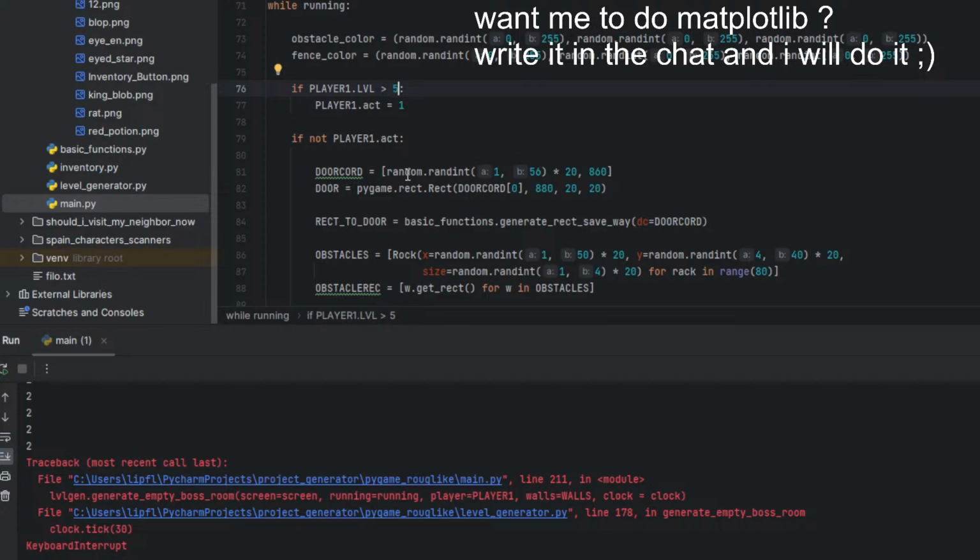How can I do that? And not player point act.